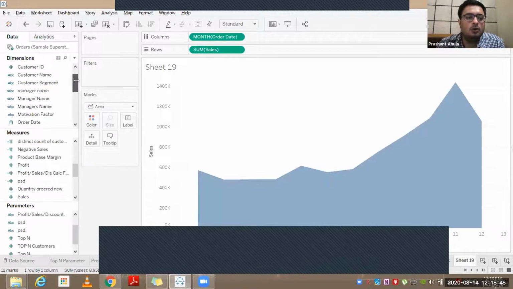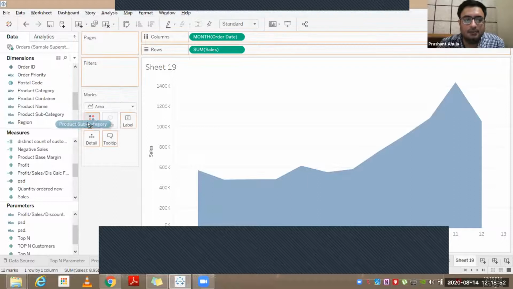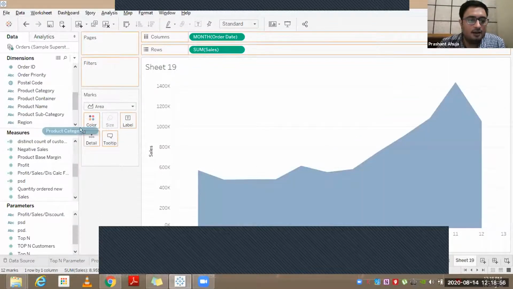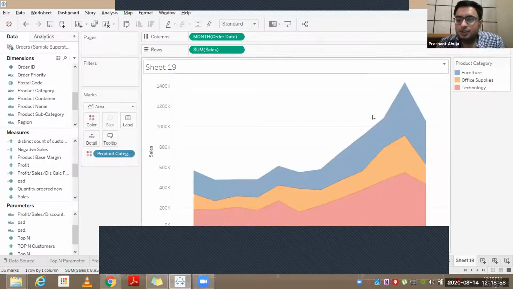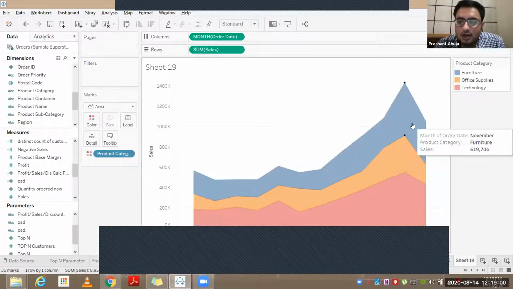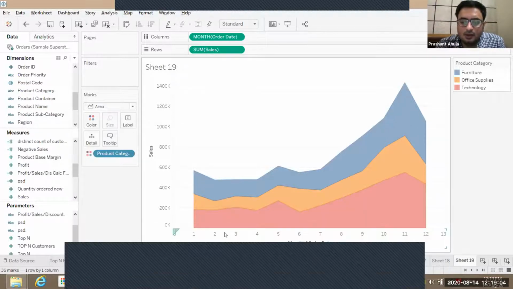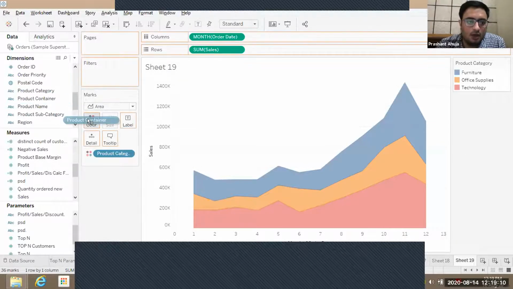And let's say you want to split it by product categories or product subcategory. Just pick a product subcategory and put it into colors. This becomes too messy, so let's pick up category and put it into colors. So you would see a completely different chart coming up which shows you the sales by months. So from month 1 to month 12, with the bifurcation into colors as product category, you would clearly see